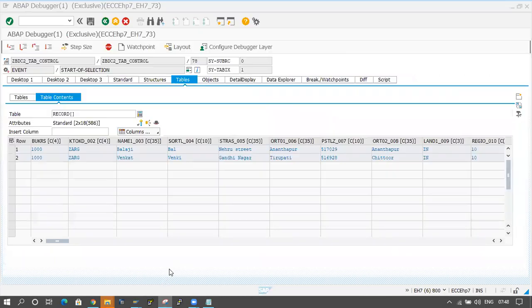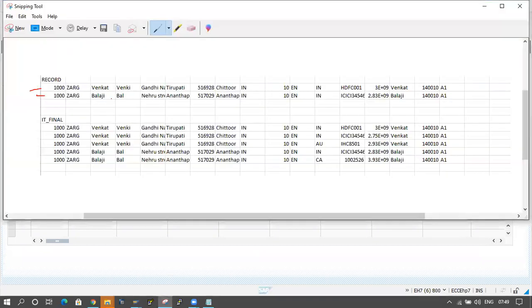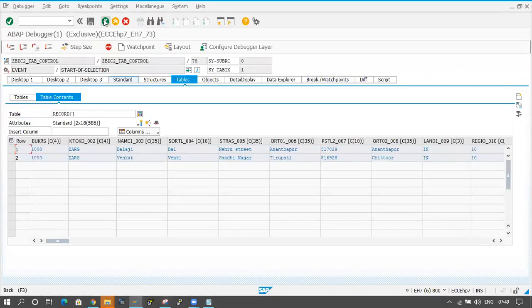Same thing, I am checking the internal table also. In debugging also I am checking the same values. Balaji and Venkat, 2 things are coming, and here also Venkat and Balaji. I am sorting the data. That's why the second record is going to the first line. Fine. Now I will come to the